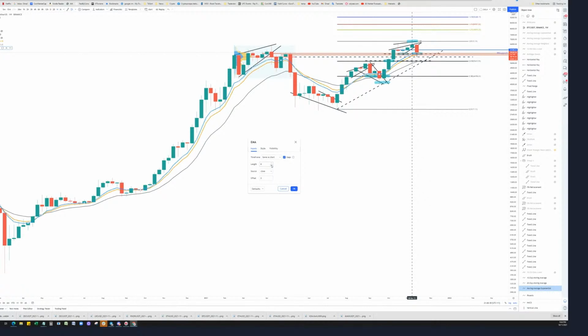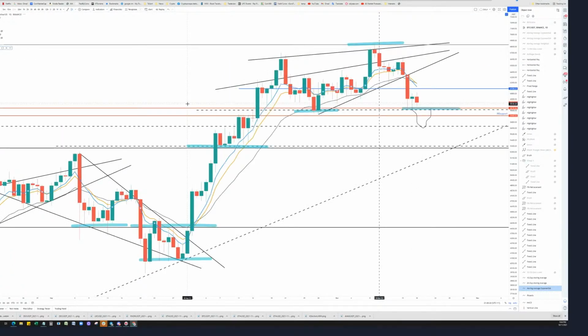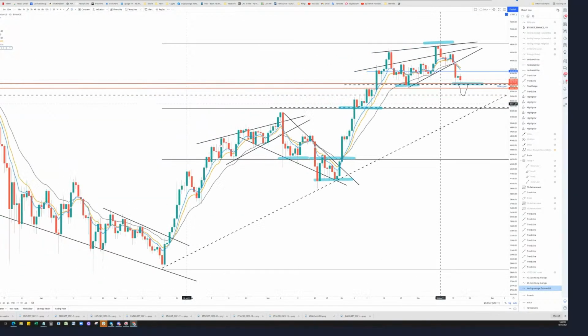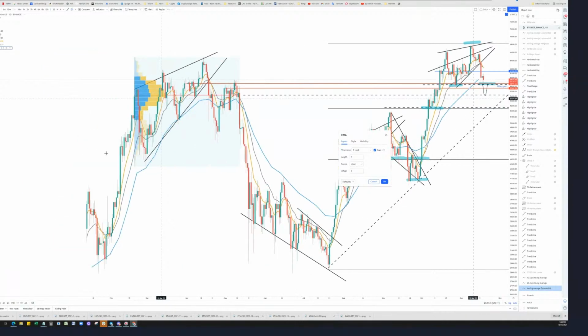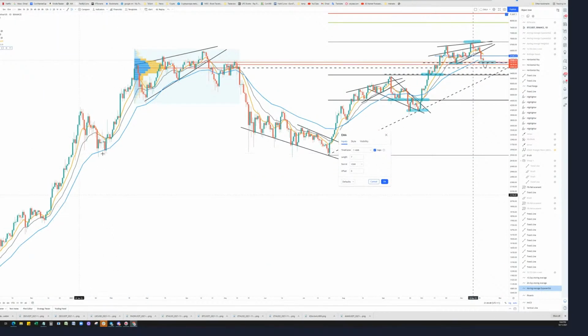Why am I looking for that? Well, if I go to the daily, I want to show you that we need to pick the right moving average. It's got to be weekly here. And it's got to be historical support over here. So the 7 played there. Yep, so 7 is the one, I think it is. Yep. So we can see historically the 7 moving average played a nice role along with